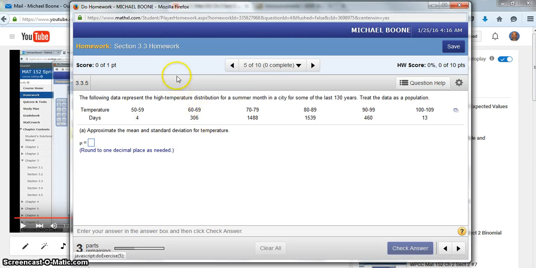Alright, so in Chapter 3, Section 3, we want to approximate the mean and standard deviation from a frequency distribution table. So again, that means 4 days there were temperatures between 50 and 59, 306 between 60 and 69. We don't know exactly what those temperatures were, we just know that 306 fall within this range. So for us to get a mean and standard deviation, what we can do